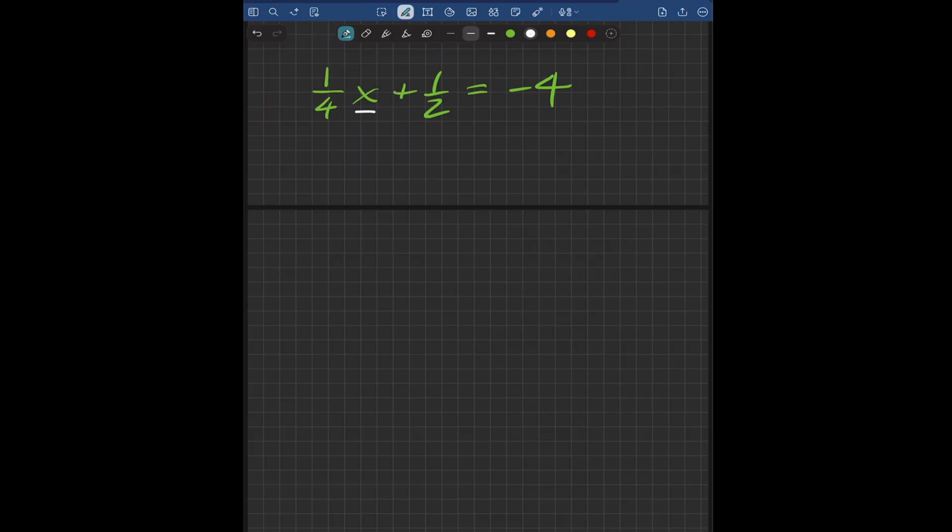I'm going to give you an analogy or analogous equation. So 3x plus 7 equals negative 4. This is not the same equation, of course. I'm just showing you something to show you that really it's the same irrespective of whether there's fractions or not. So for the equation in white, the first thing I'm going to do is subtract 7 from